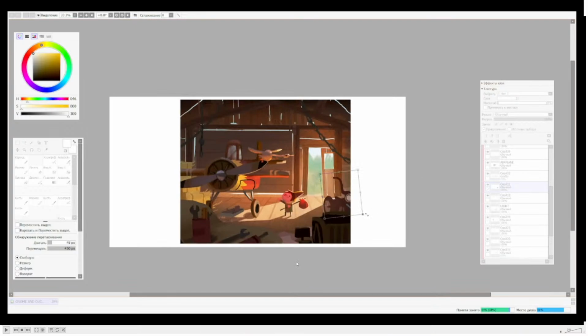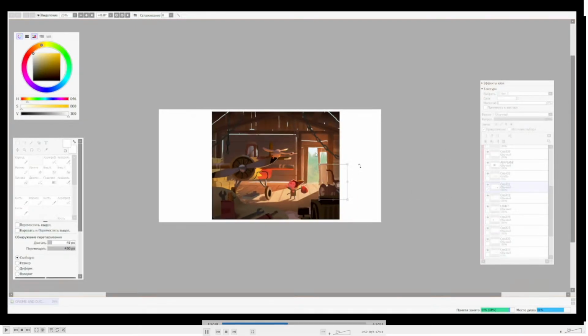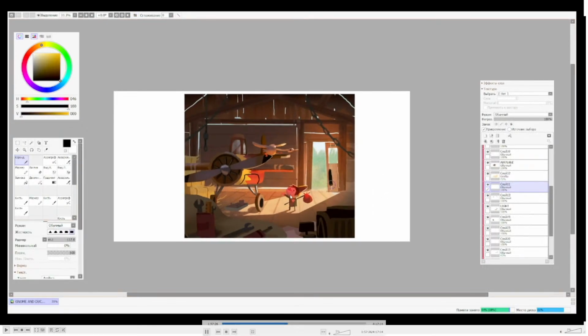in-depth lighting and in-depth composition. As you can see here, our main protagonist is pretty well lit. We know where the lighting is coming from, and now we are